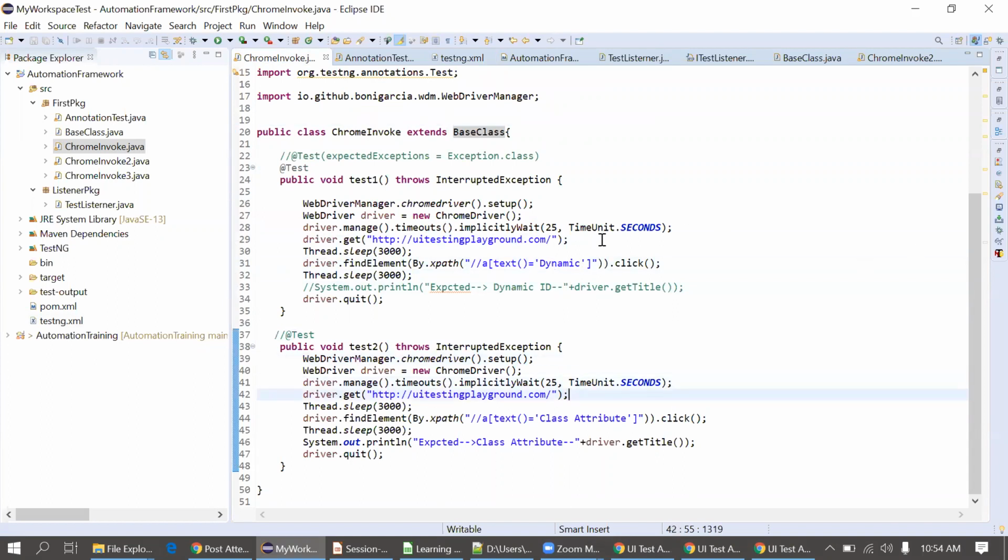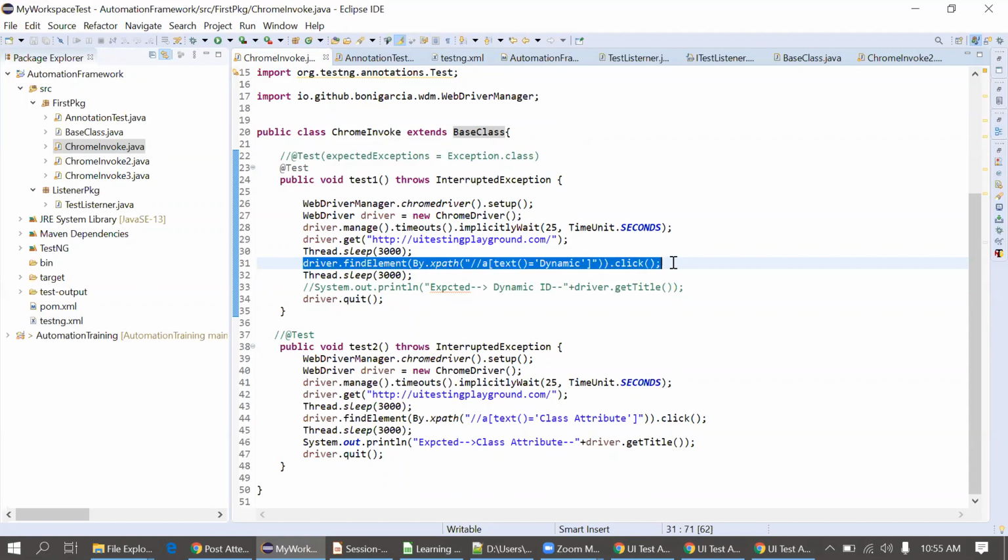How can you take it? You cannot write a take-screenshot method and call it every time, because it's repetitive. You don't know where your test case might fail. Suppose you write 50 lines of code, it might fail at the third line, or at the 10th line. So we cannot call the screenshot method at every single line.